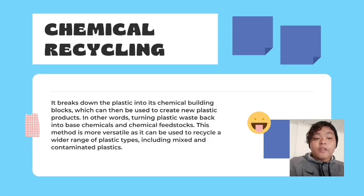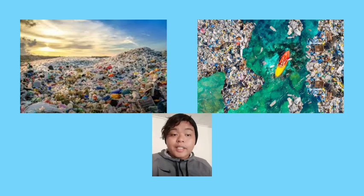While in the case of chemical recycling, it breaks down the plastic into its chemical building blocks, which can then be used to create new plastic products. In other words, turning plastic waste back into basic chemicals and chemical feedstocks. This method is more versatile as it can be used to recycle a wider range of plastic types, including mixed and contaminated plastics. Well, despite the benefits of recycling plastic, there is still a significant amount of plastic waste that